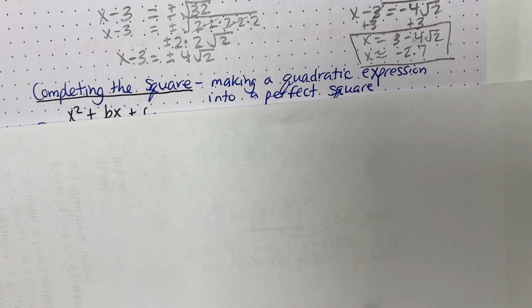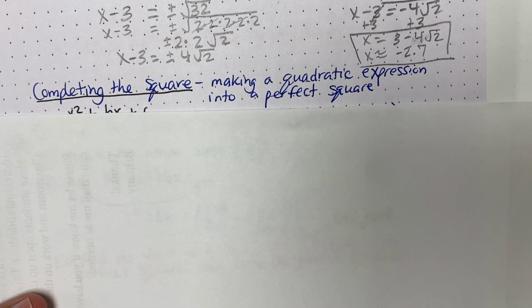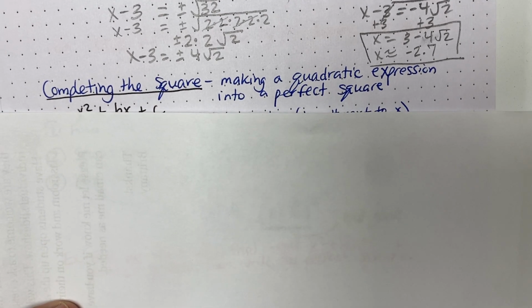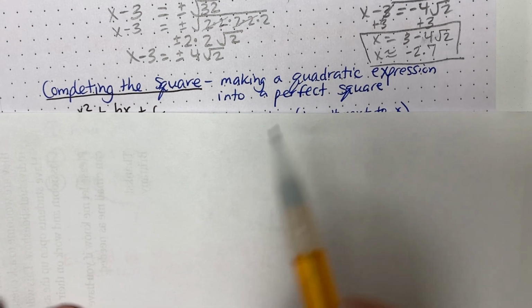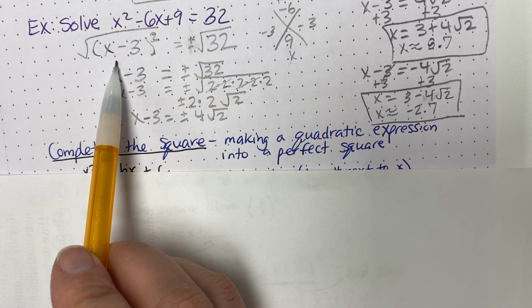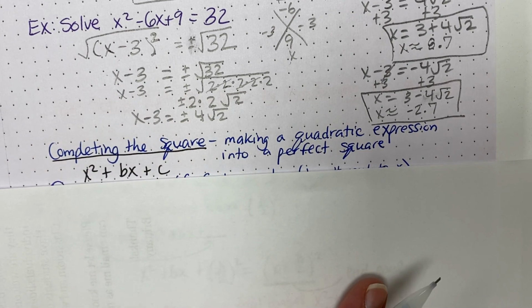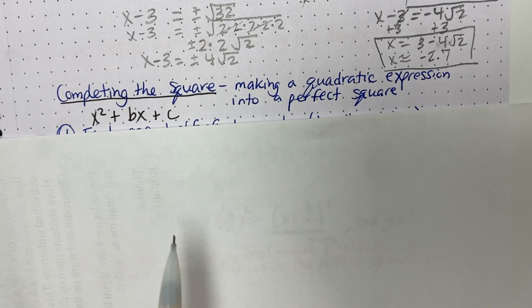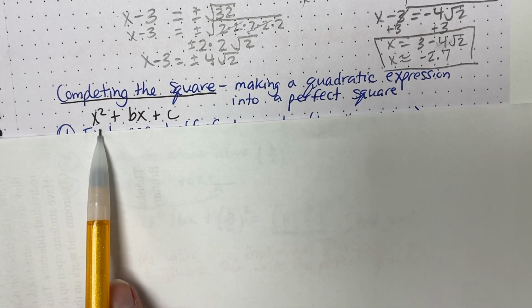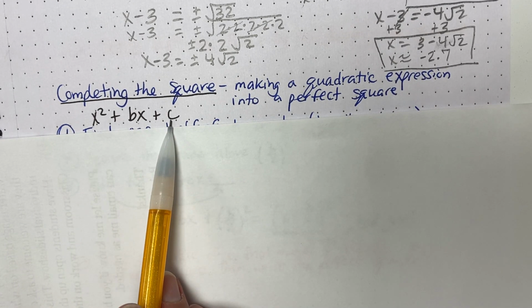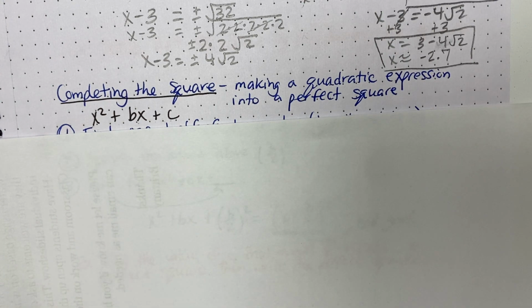All right, so this method is called completing the square. What you do is you try to make your quadratic into a perfect square. So like we did above, this perfect square piece, that's our goal, okay? Remember, this is what your quadratic looks like, x squared plus bx plus c. And we need to know that because we need to know what pieces we're going to use for our completing